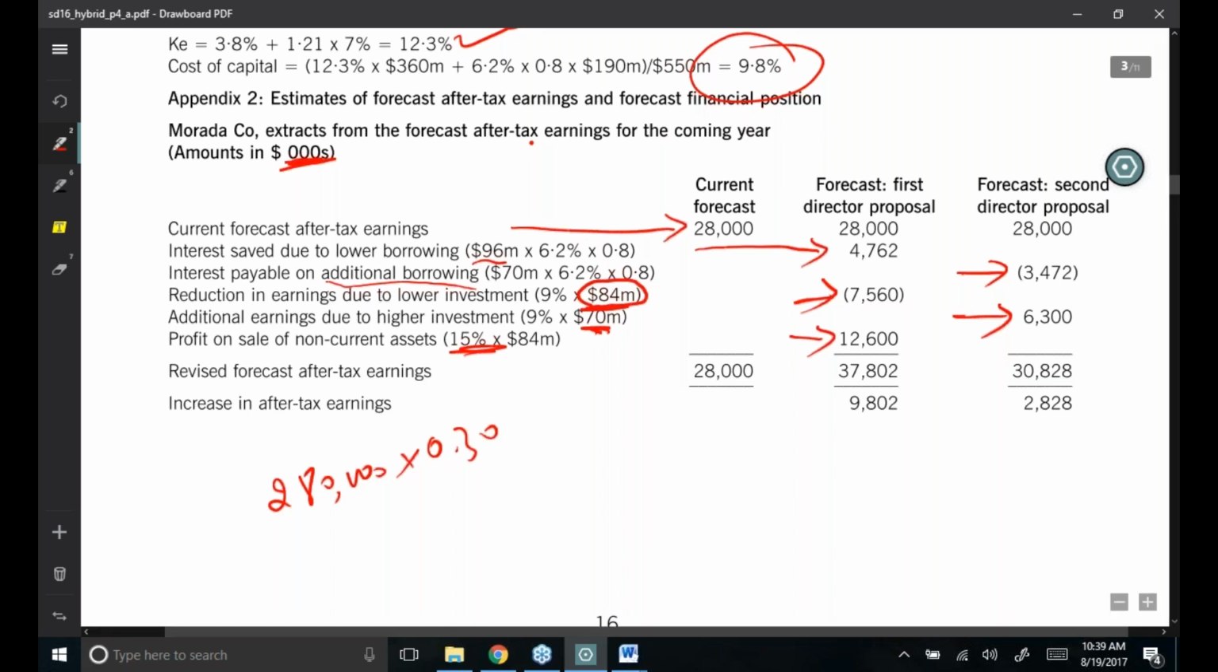So the increase in earning is 9,802, and here the increase in earning is 2,828. Now, secondly, you have to